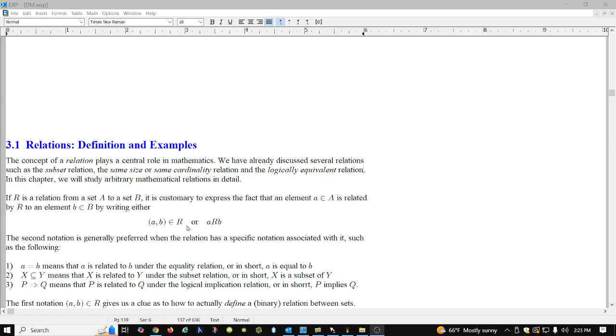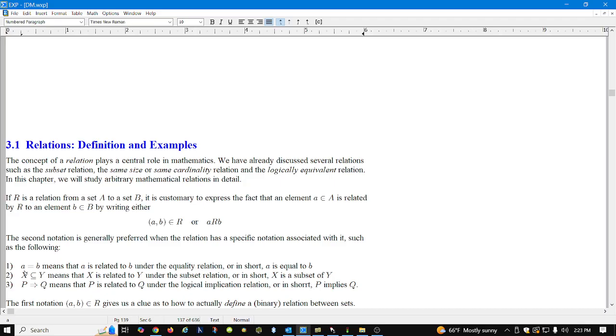Either the ordered pair (a, b) is an element of R, or aRb. The second notation is generally preferred when the relation is a common relation and has a specific notation associated with it. For example, this notation